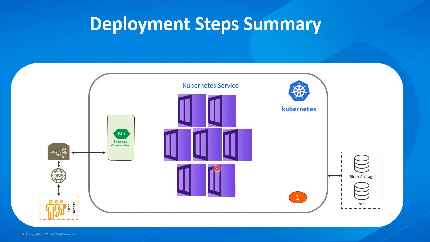BMC does not deploy or configure the Kubernetes load balancer or storage. We expect this to be done before running the installer. We do have some checks within the installation script to validate the deployment is configured correctly. As you will see, there is a requirement for block storage and NFS. NFS is required for BMC Helix Capacity Optimization. It can be a sole storage solution for small environments. For scalability, we recommend block storage such as Ceph or GlusterFS.